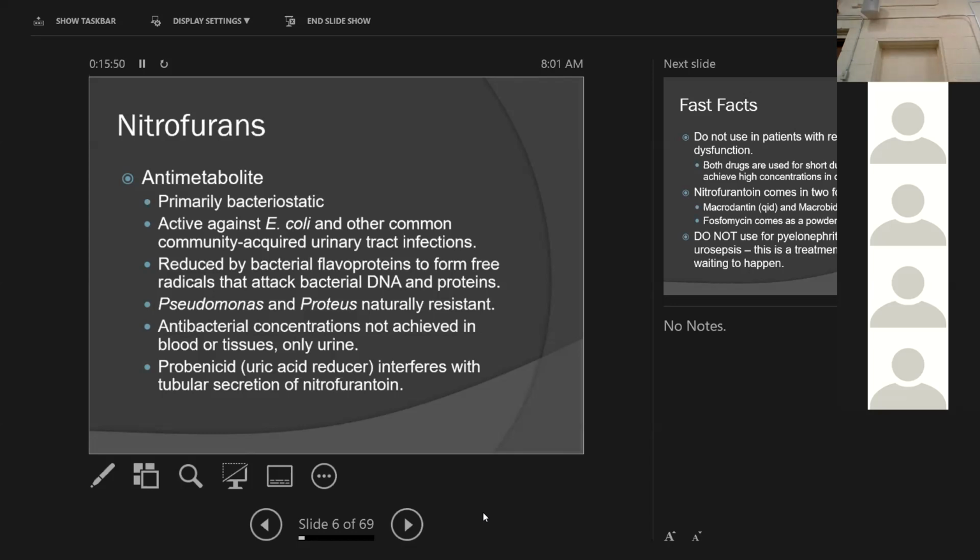You do have natural resistance in Pseudomonas and Proteus species. That's something to be aware of. You can't use these drugs for anything other than urinary tract infections. The concentration of the drug in the tissue just isn't high enough. Also, very important, if you have a gout patient,